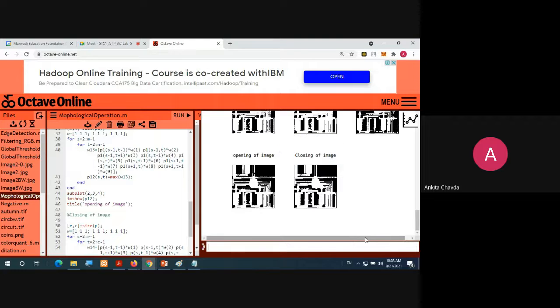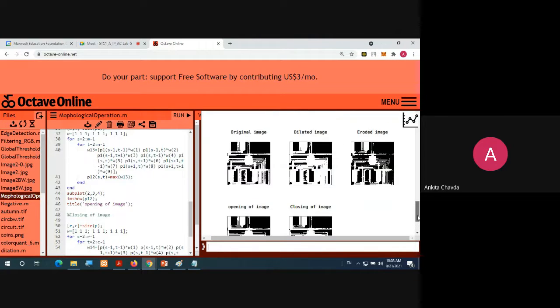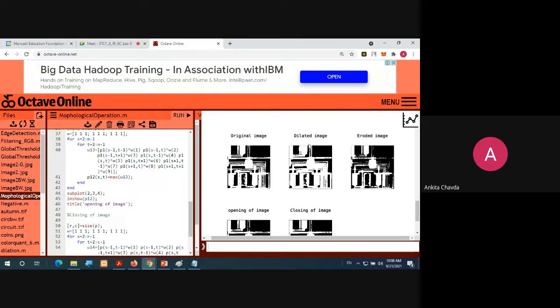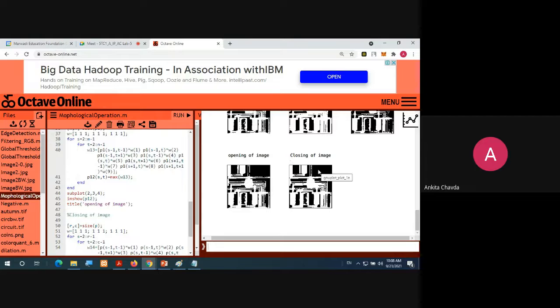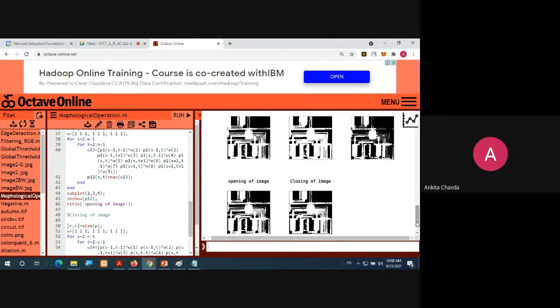Now see, this is the output. This is my original image, and this is the dilated image. This is where we applied the dilation, right? As compared to the original image, you can directly check what the changes are. This is erosion, right? It shrinks the object. You can compare with the original image here, here, everywhere. And this is the result of opening and closing. Fine. So is this clear, everyone?